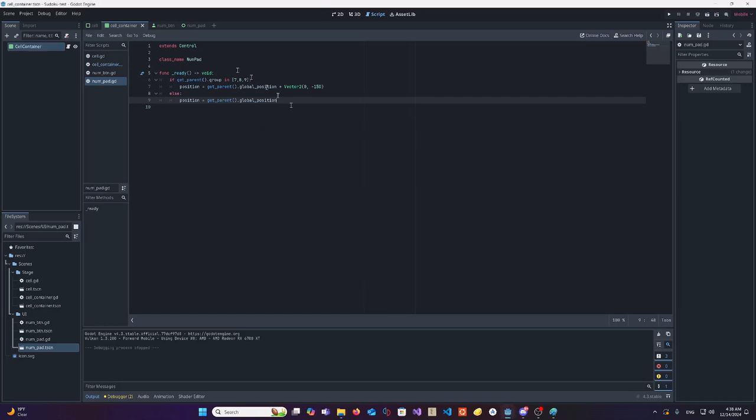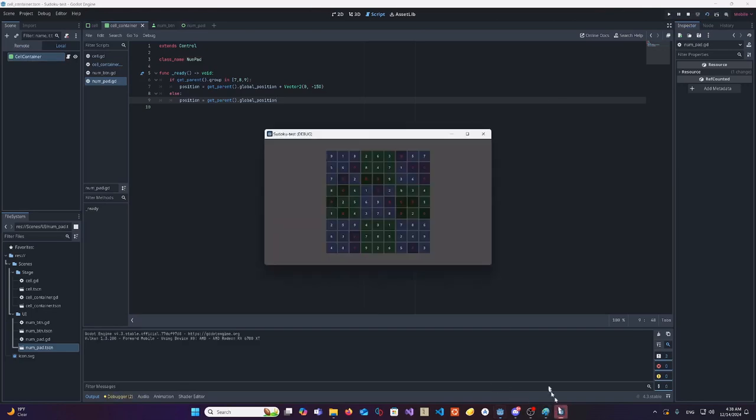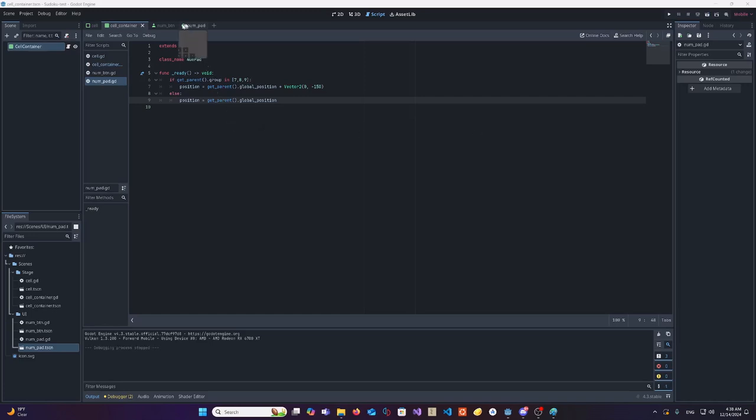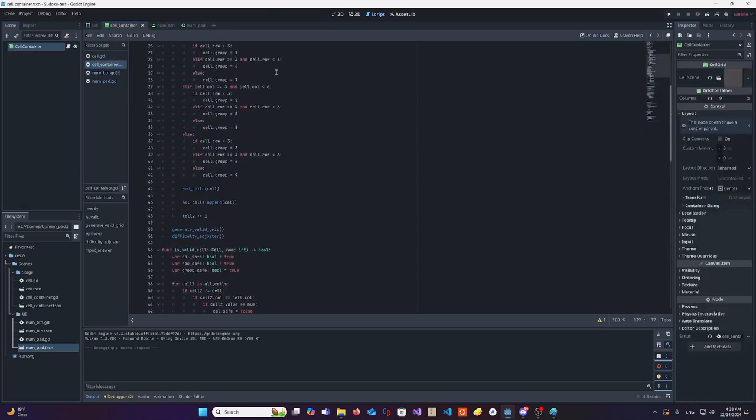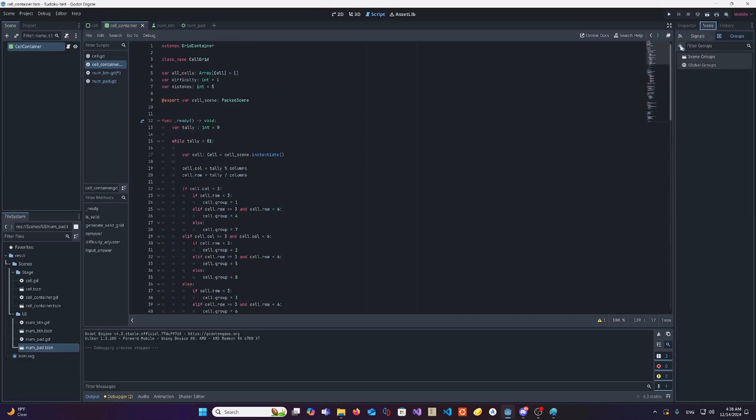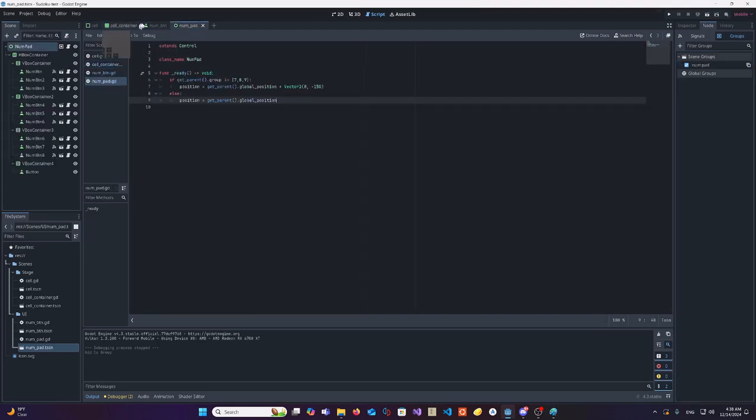Okay, so now we have that. Let's work on actually submitting the number we click on. Because if you remember, we currently have no code for submitting what we click on. So we're gonna go over here to our special button. And we're gonna say that whenever the special button is pressed, we're gonna need to go here actually. Let's give the subcontainer a group name. Let's go ahead and spell grid. That's our class name. So make it a group name too. And we're gonna go back here and say,